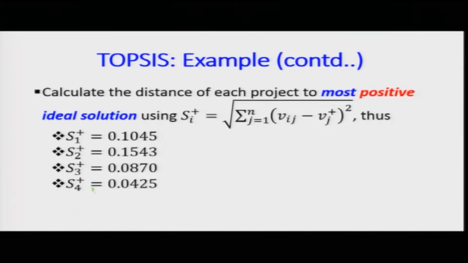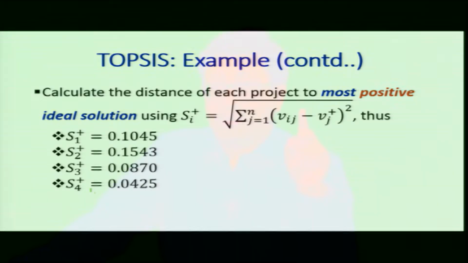So, once you want to find out V, which is a matrix, it would be of size m cross n multiplied by n cross n, which is m cross n. Once you have that, you find out the positive value, which is the ideal solution, and the negative value, which is the ideal solution, from the positive sense and the negative sense. So, once you have that, you will find out the V plus values, which are the max for the positive sense, and V minus would be the min from the negative sense.